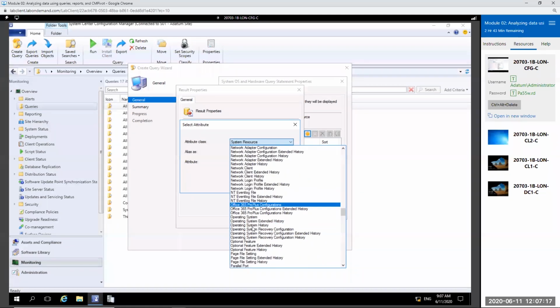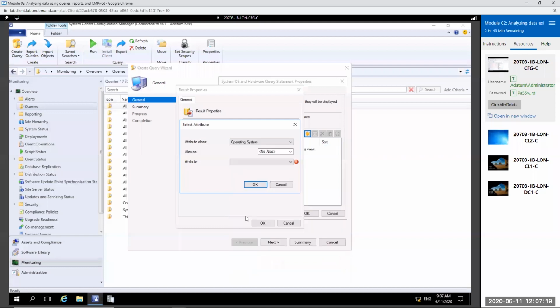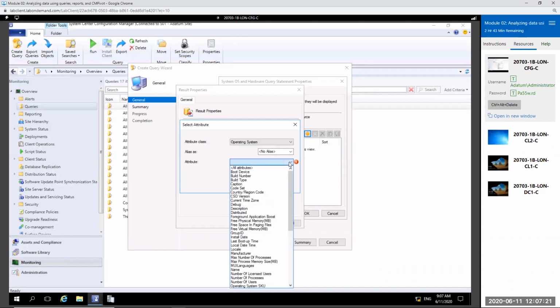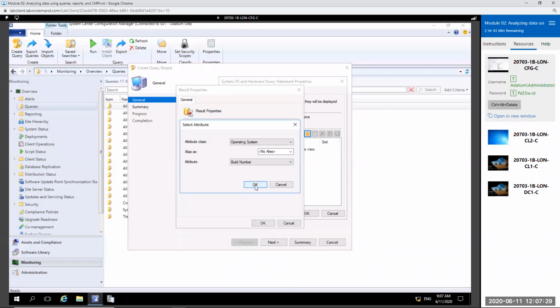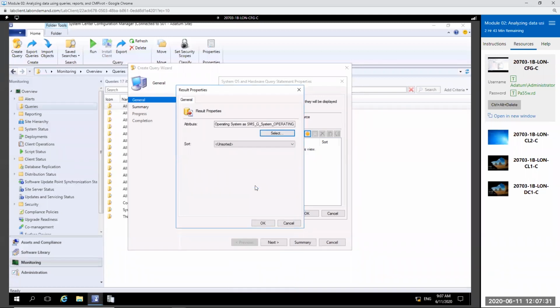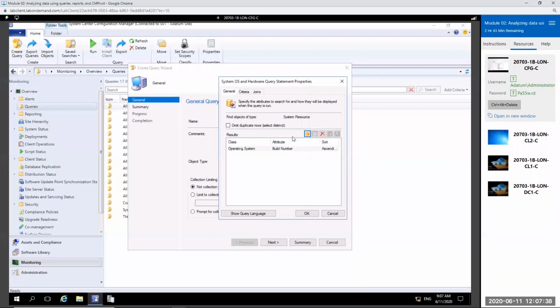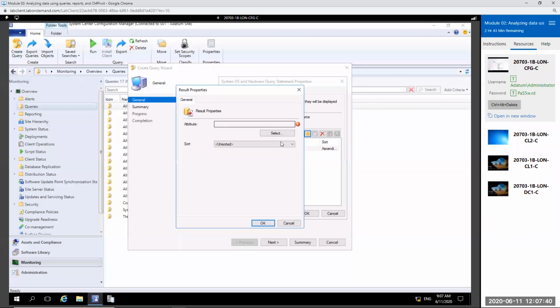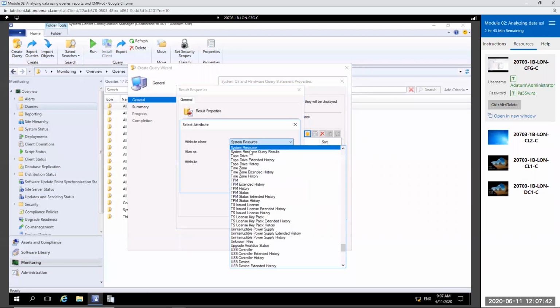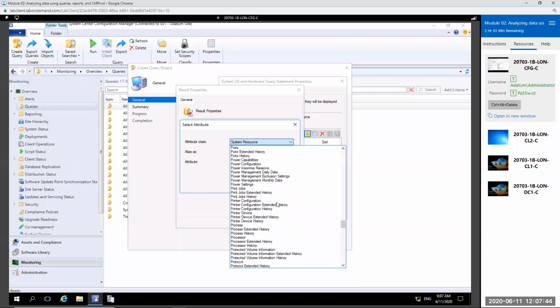So if I come down and say I want to look at operating system information, here are the available attributes that I can retrieve from that specific class of attributes, right? So I've got my build type, build number, and I'm simply adding in those attributes, determining their sorting, ascending, descending. And once I've added that attribute in, I'm coming back and doing the same thing over and over again, right? So in this case, I want operating system, and I want not only the build number, but